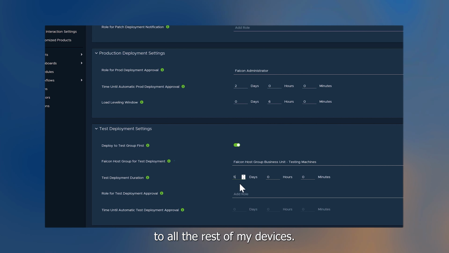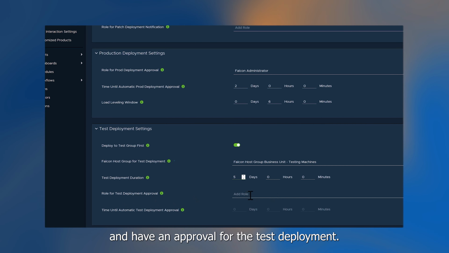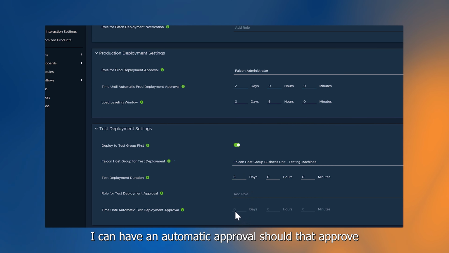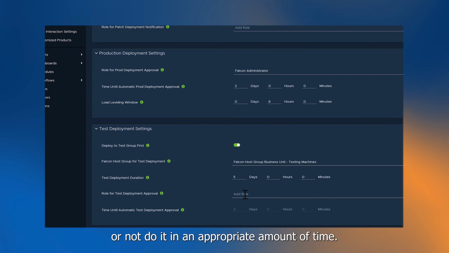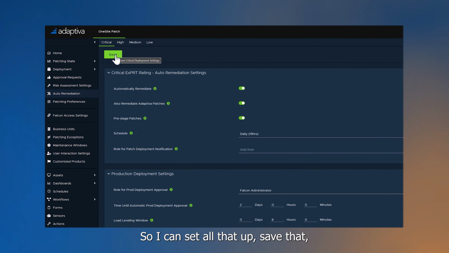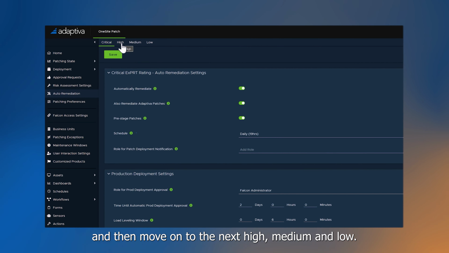Now, just like we had up above, I can have a test deployment approval as well. So I could go choose another role and have an approver for the test deployment. And again, just like above, I can have an automatic approval should that approver not do it in an appropriate amount of time. So I can set all that up, save that, and then move on to the next high,